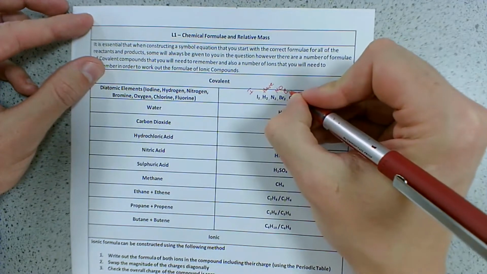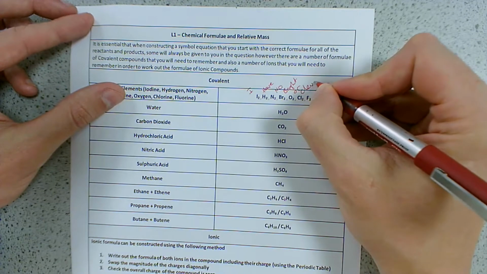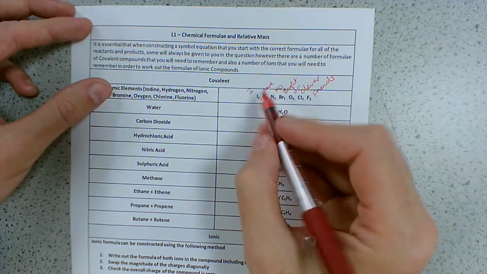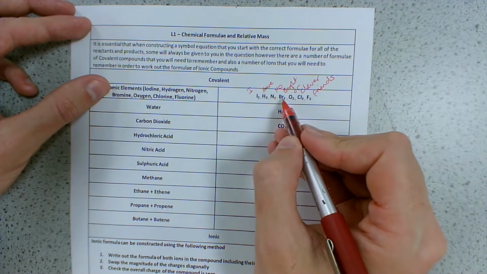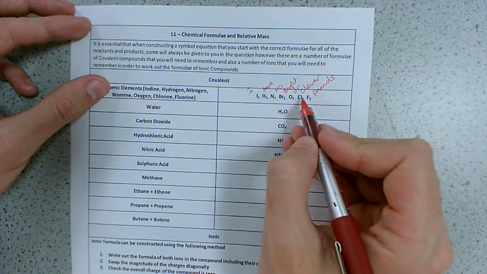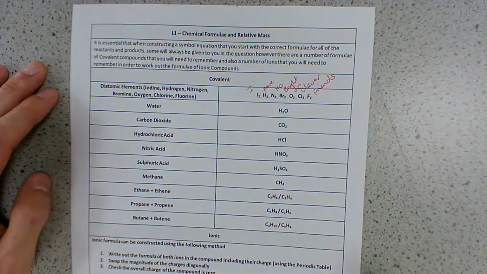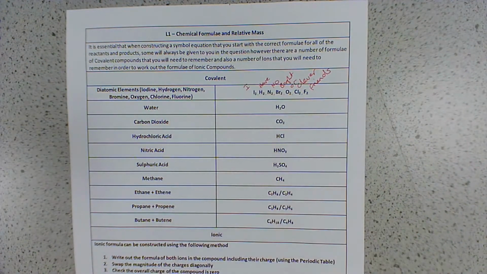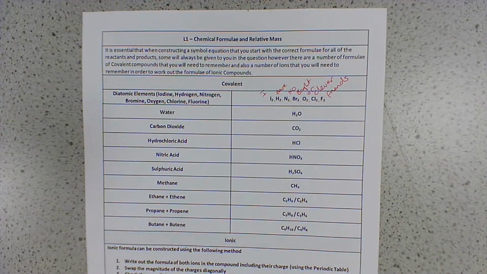no bright or clever friends. Okay, I for iodine, H for hydrogen, N for nitrogen, Br for bromine, O for oxygen, Cl for chlorine, and F for fluorine. So that mnemonic will help you remember the 7 diatomic elements. Obviously we have water, H2O, carbon dioxide, CO2. Now by now we've been using these all the way back since year 7, and they should already be committed